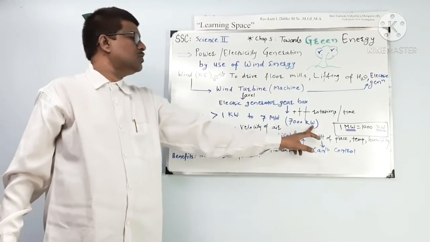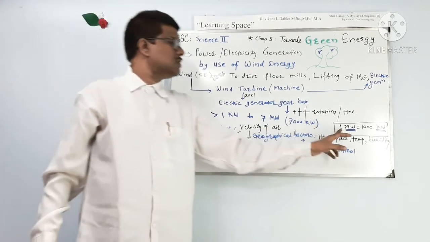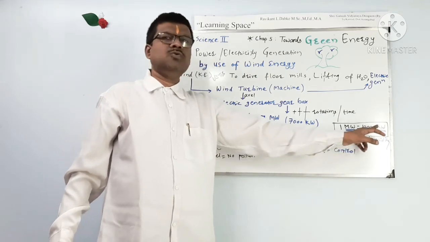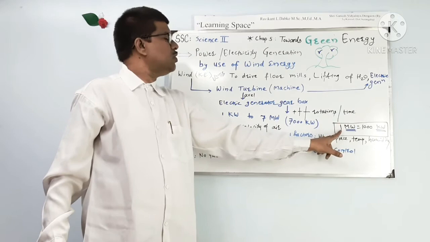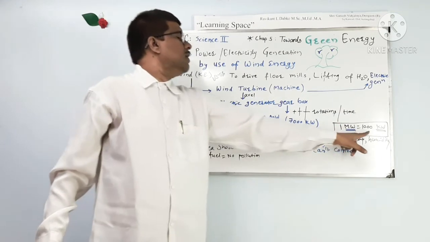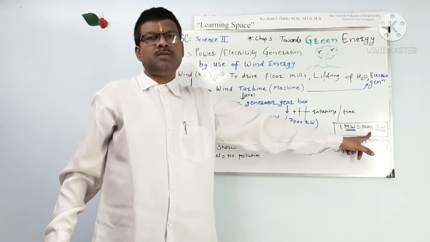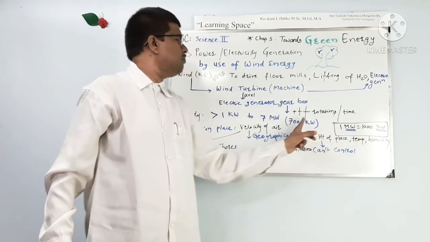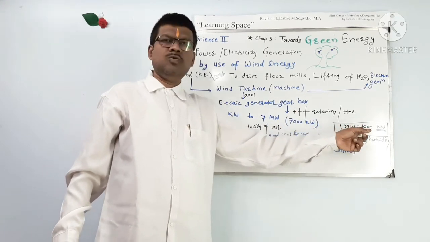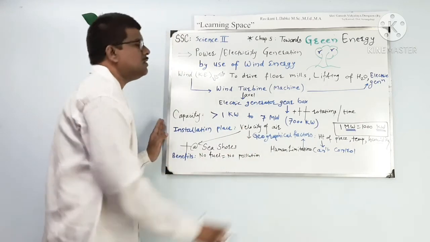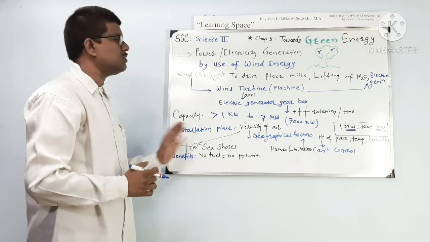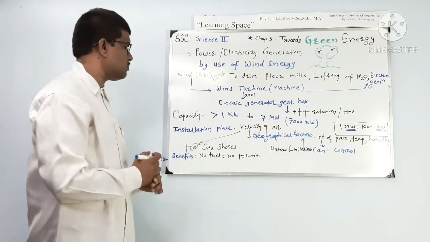How is this 7000 kilowatt here? For that you must memorize this conversion relation. 1 megawatt equals 1000 kilowatt. It means if we multiply the left side by 7, it will become 7 megawatt, and if we multiply the right side by 7, it will become 7000 kilowatt. Just remember 1 megawatt equals 1000 kilowatt. This equation is not given in your textbook, and many students get confused about how this 7000 kilowatt comes here.